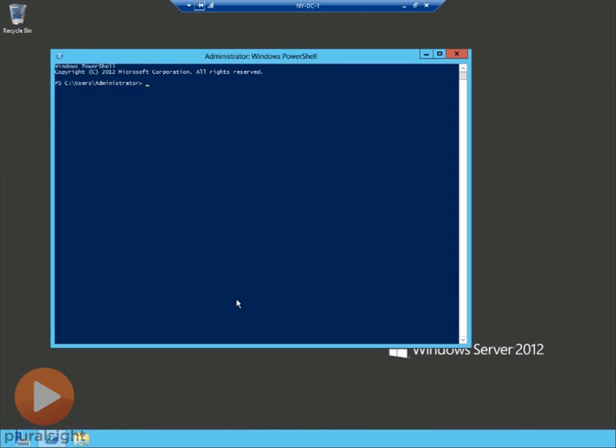It looks a lot like the old command prompt, right? And as a matter of fact, we're going to look at the old command prompt in just a moment along with this. But before we do, I want to talk to you about other ways that you could get to